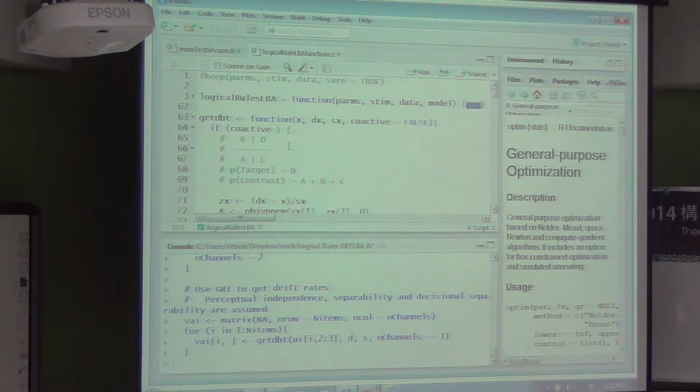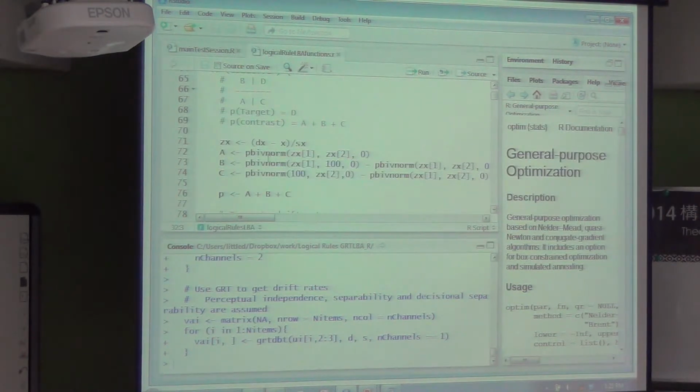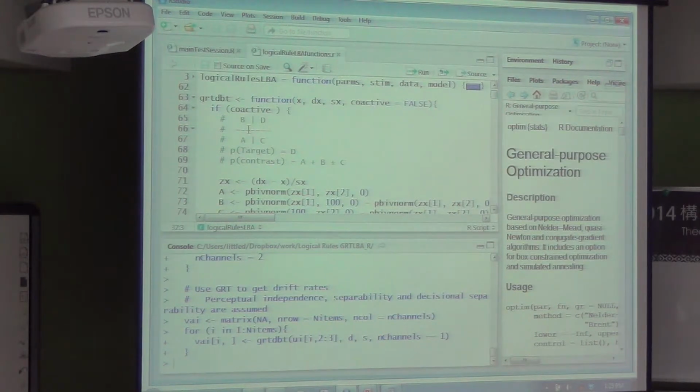It does so using a bivariate normal cumulative distribution function for the coactive model. So what I've done is divided up these regions into 4 regions. This region up here would be where the category A stimuli fall, and then the category B stimuli fall in these regions.